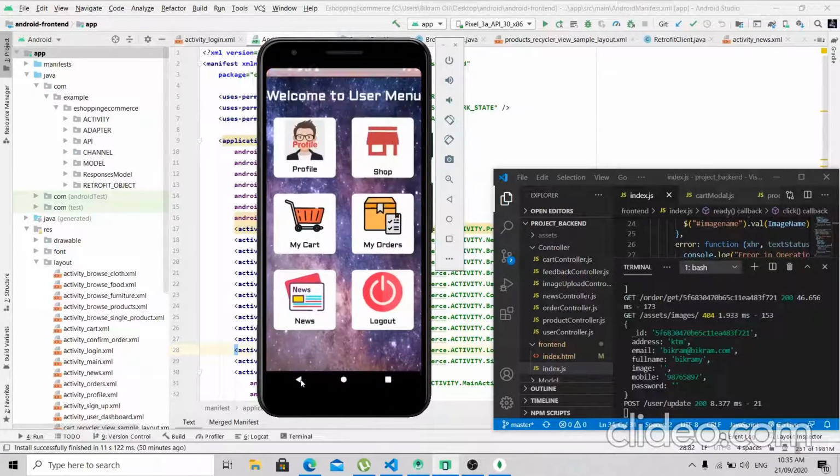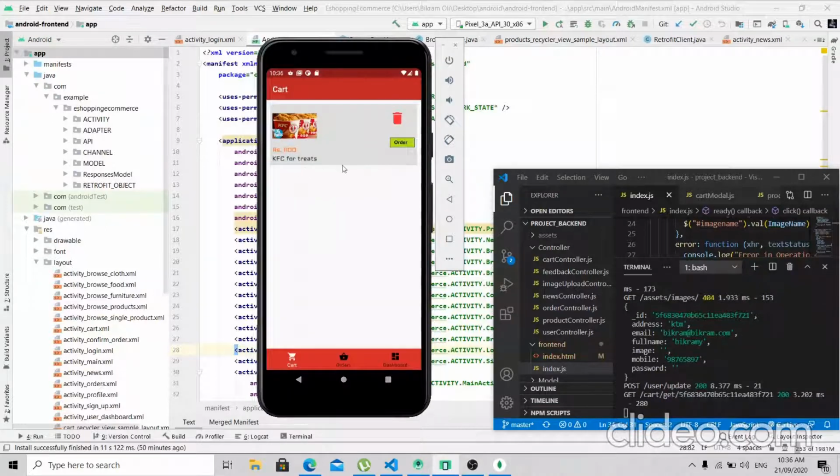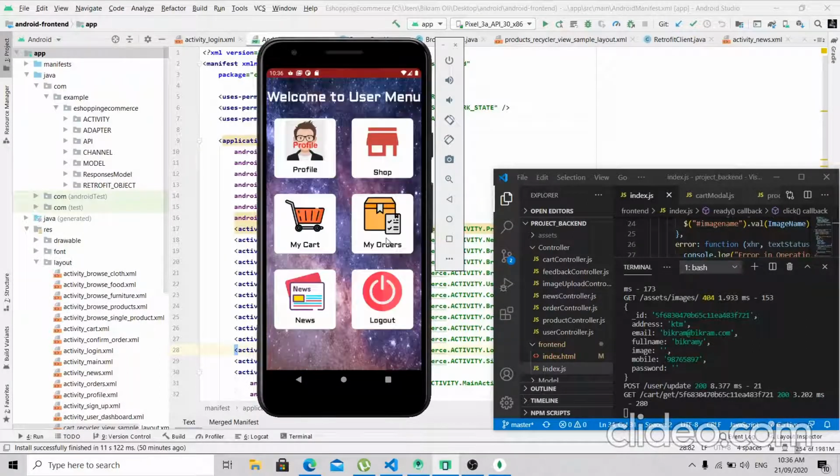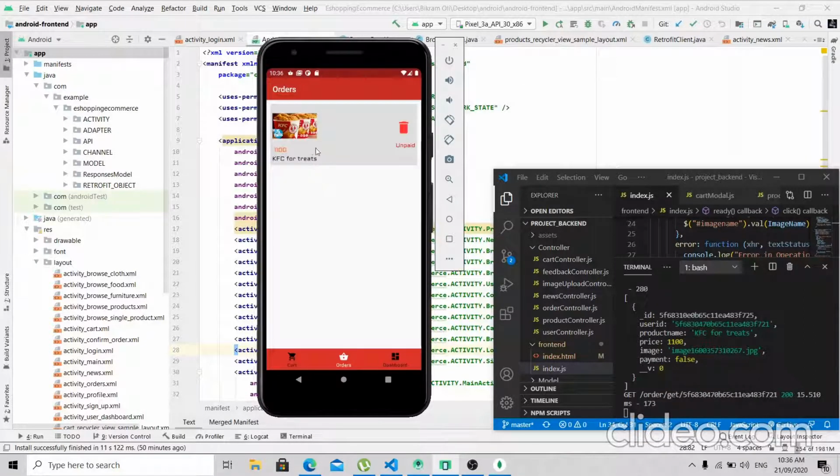So now let's check my cart. Yeah, here is the one item that I have added to the cart. Now let's check the order. Look, this is one product I have ordered, but it is unpaid.